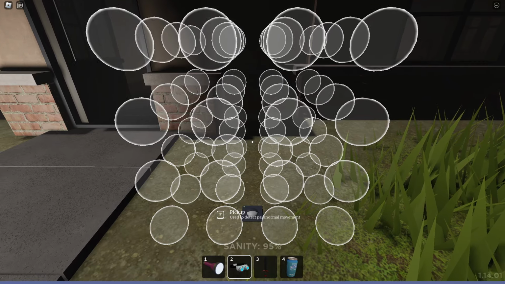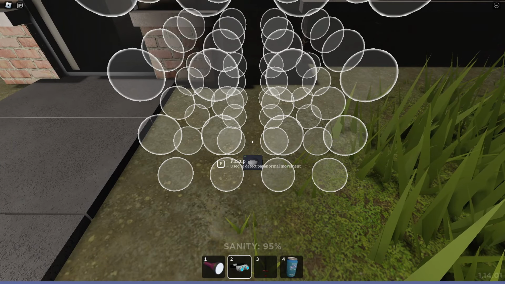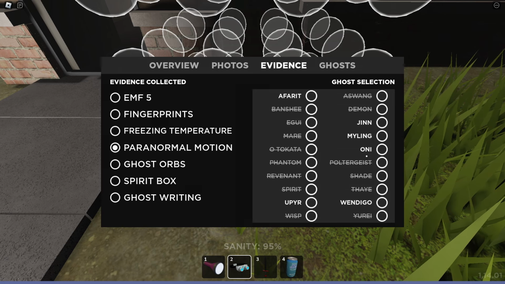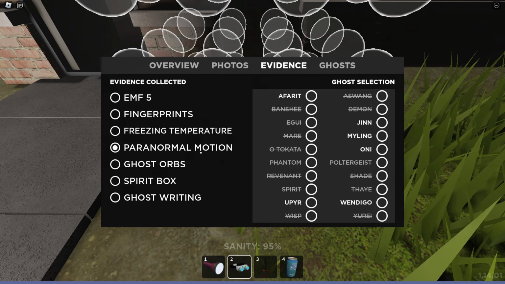In this video, we're going to go over exactly how you could use this motion sensor item to collect and detect paranormal motion evidence, which is the 7th evidence added to the game. Using this evidence, you could find an Afrit, a Jinn, a Mealing, an Oni, an Upir, and a Wendigo. That's about a third of the ghosts, so it's very important you know how to correctly find this evidence